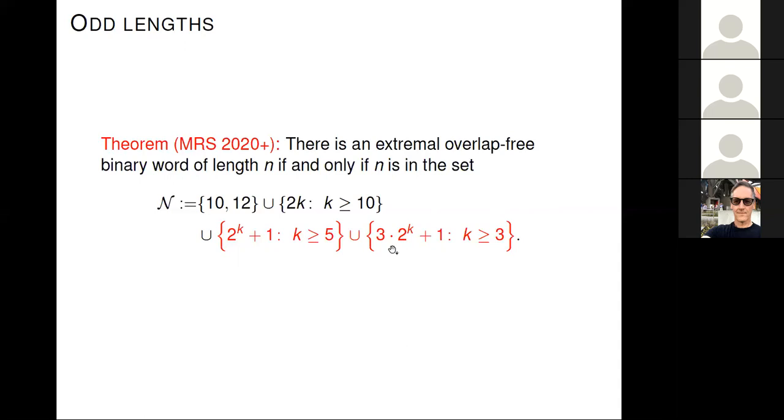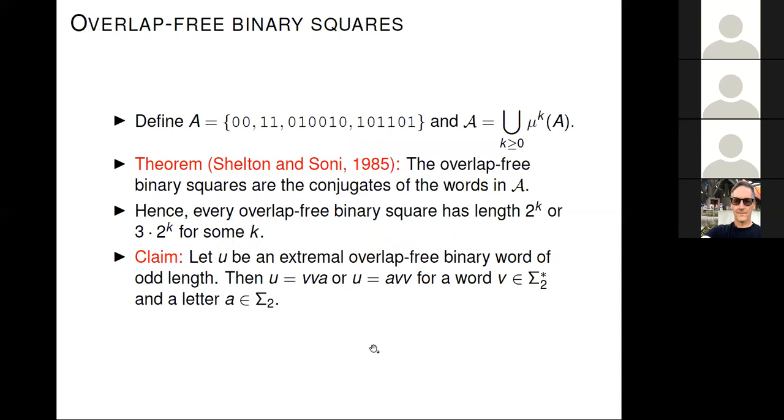So that probably is true. It's also the lengths of the squares in 2A Morse. And that was really the key for us. So thanks for guessing, Julien. So yeah, it's the lengths of squares in 2A Morse, or more generally, it's the lengths of overlap-free binary squares,